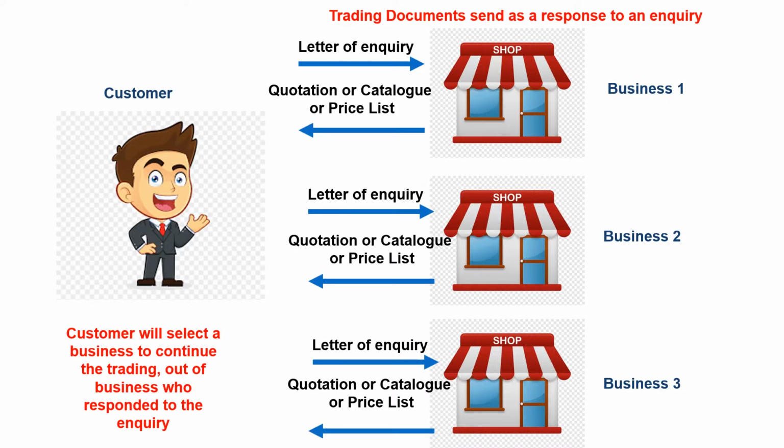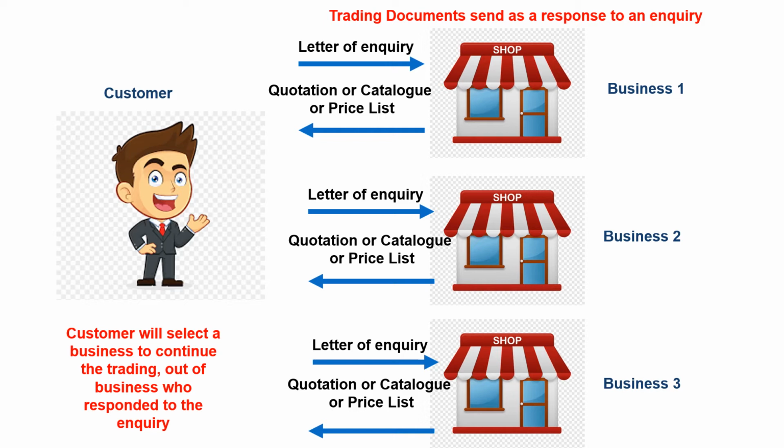Now we'll discuss a summary of all the 4 different types of documents that we learned so far. Here I have included a customer and 3 different businesses, called business 1, business 2 and business 3. Now imagine a consumer wants to buy a product. So the consumer selects the businesses which offer this product. The consumer selected these 3 businesses, and is going to write an inquiry letter to these 3 businesses inquiring about the product that he wants to buy.